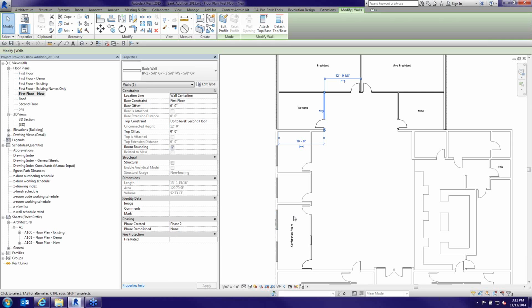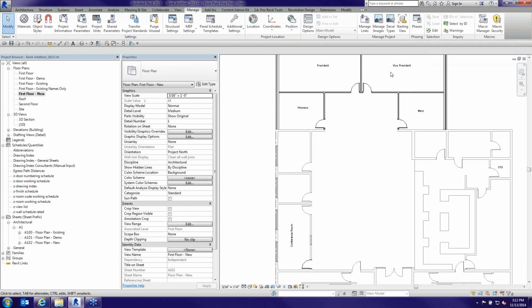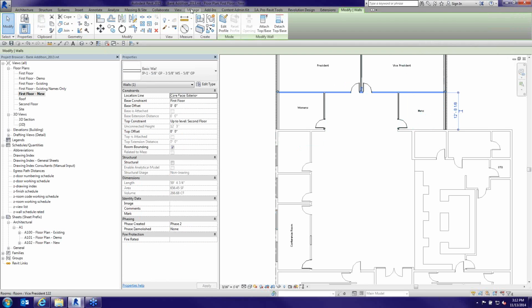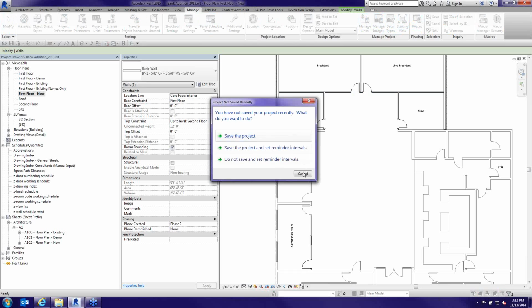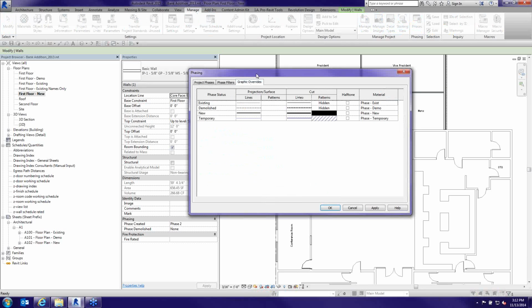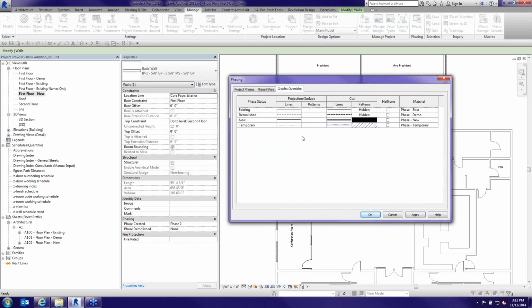So when we start doing that and looking at this in conjunction with thinking about phases, that's where the graphic override starts coming into play. Now every element can pick up different reasons on what these are going to be. So I can have an object that's existing as well as new,